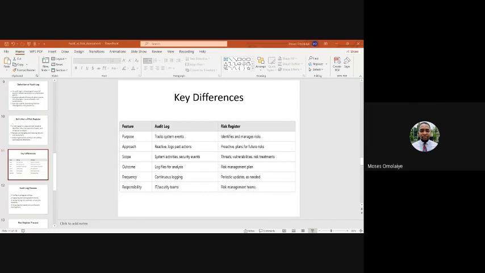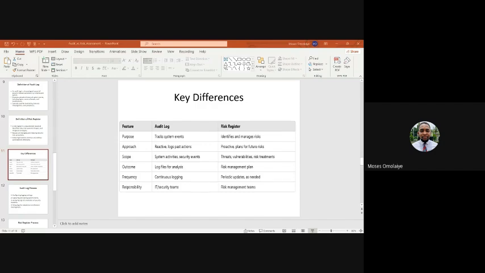And then also assigning risk owners and mitigation strategies. So when you identify risks and you're treating risks, you always have to assign the risk owners. Someone has to be responsible. So that's why they're called risk owners. And then also it helps you to come up with the best strategies to mitigate those risks. And then in the risk register process, you would review and update the register regularly.